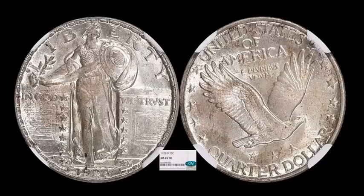And then finally, we're going to end it off on a beautiful type piece here. We have a 1928D Standing Liberty Quarter. We don't talk about Denver minted SLQs that often, but here you go. Here's a great looking example. Mid-State 65 with full head is what the final grade was on this one. It's also CAC certed as well. $5,227.88